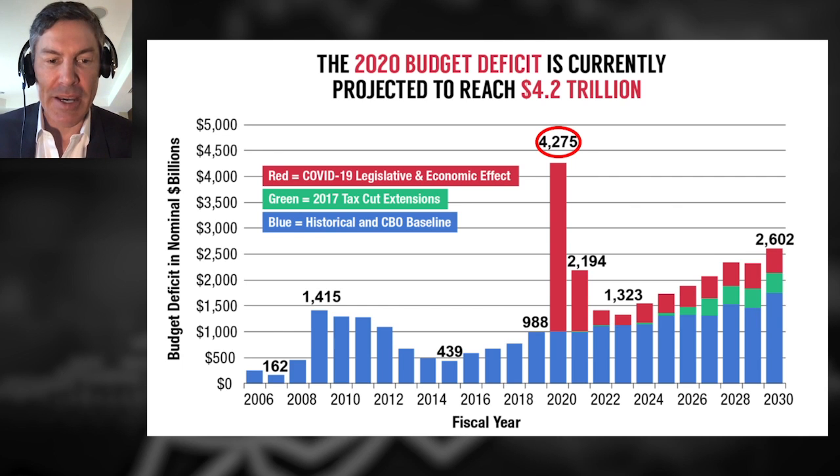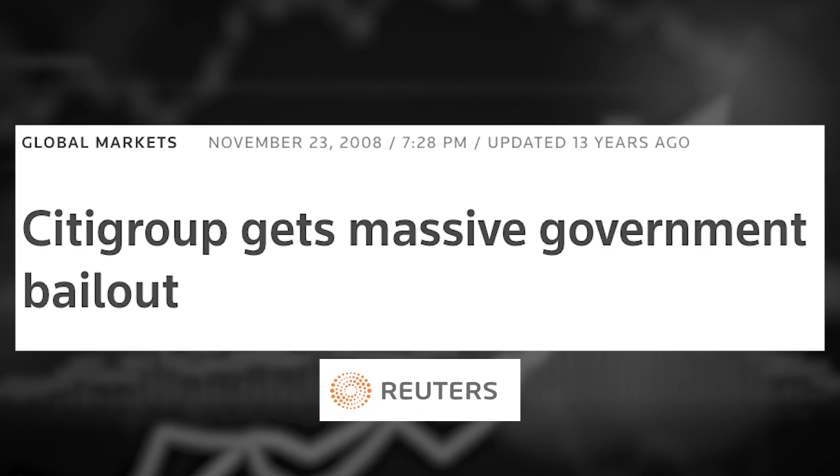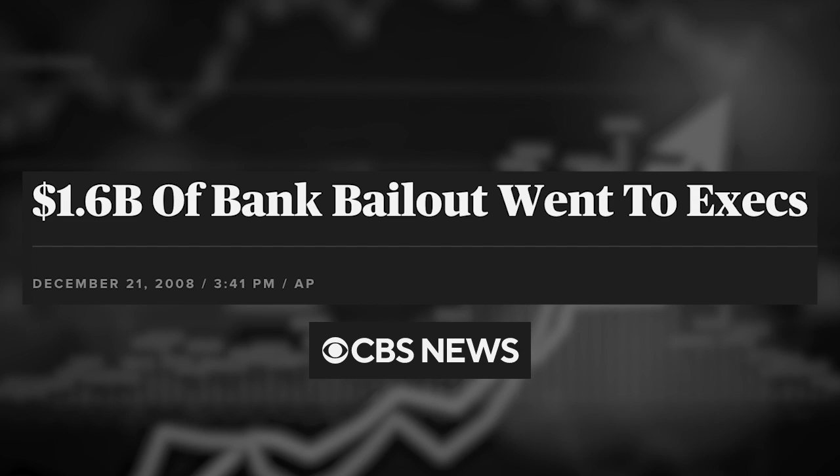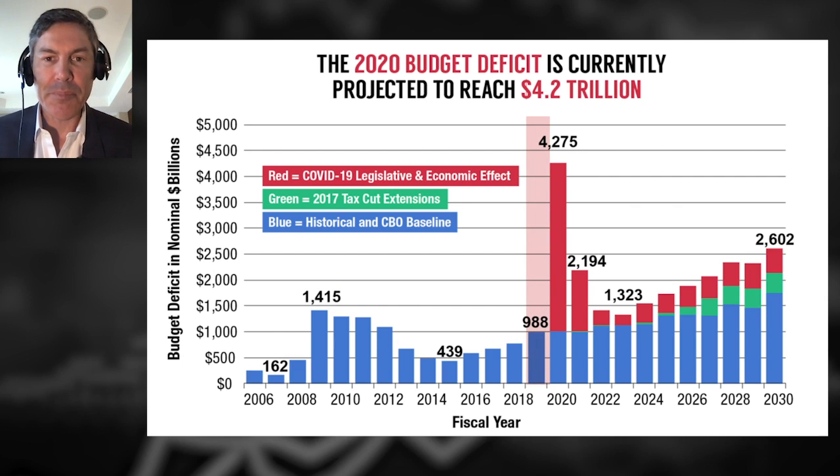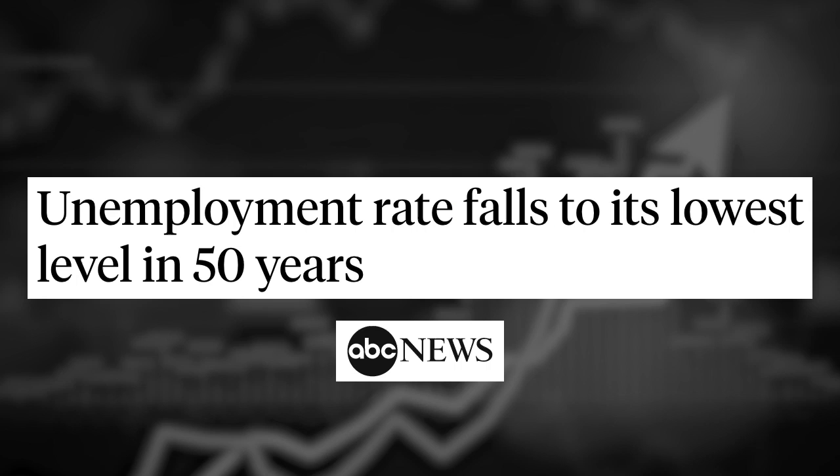To put that into context, let's go back to the GFC, when they took unprecedented measures to spend more and more money to bail out the banks and to stimulate, quote unquote, stimulate the economy. Back during the GFC, the budget deficit for the government was $1.4 trillion. I also want to point out that going back to 2019, when supposedly we had the greatest economy of all time, unemployment rate was down near 3%.